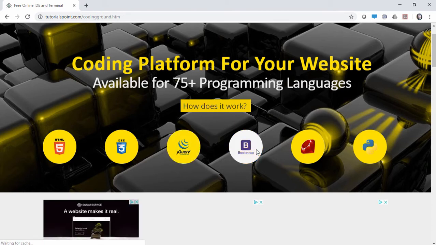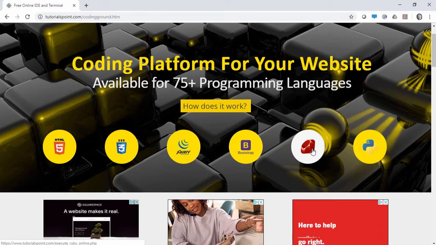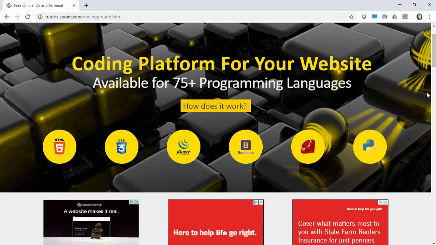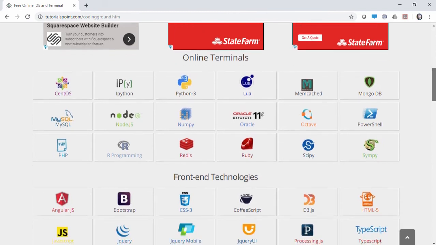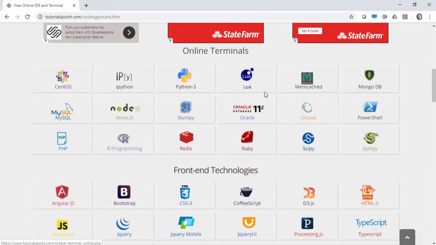jQuery, some Bootstrap, Ruby, which is an important one, and then also we have some other code we can write here. I believe this icon is SQL Server, so we could write some SQL script here. It's a little bit faded on my monitor, but anyway, if you scroll down, here are the different online terminals that you can be